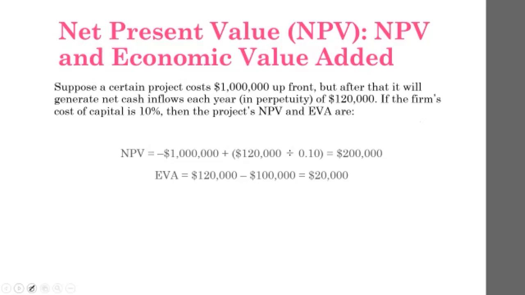So the net present value will be 200, and EVA will be the 120 of cash inflows minus 100,000, which is 10% of the initial cost,